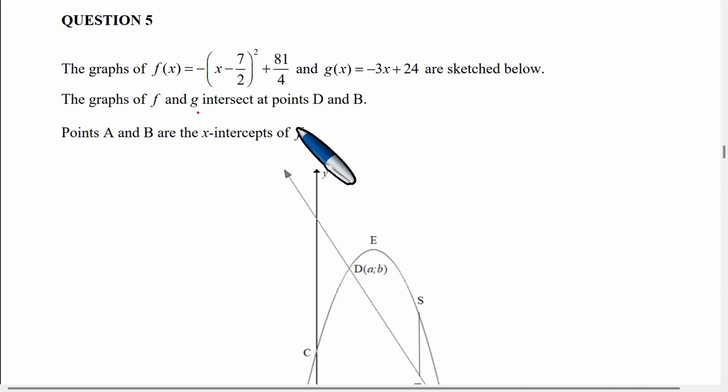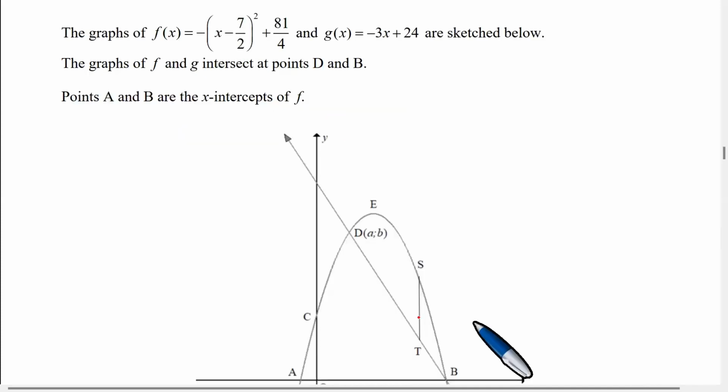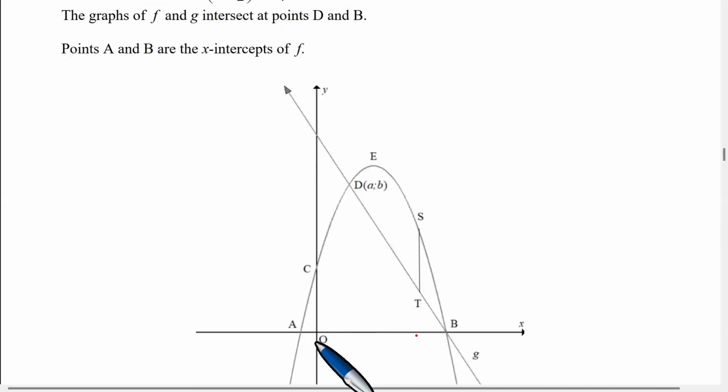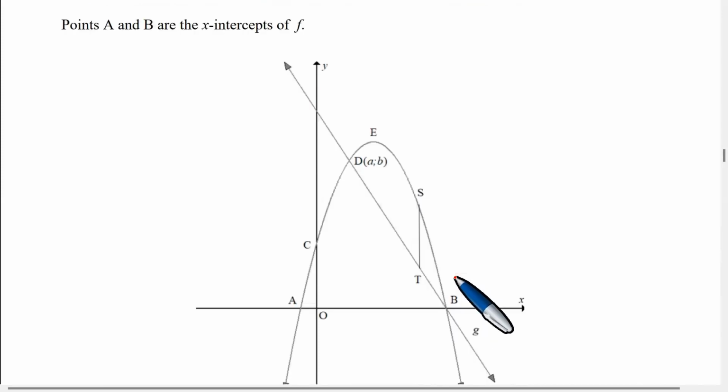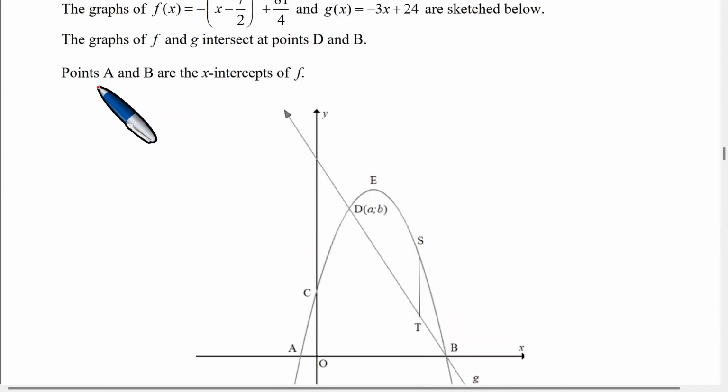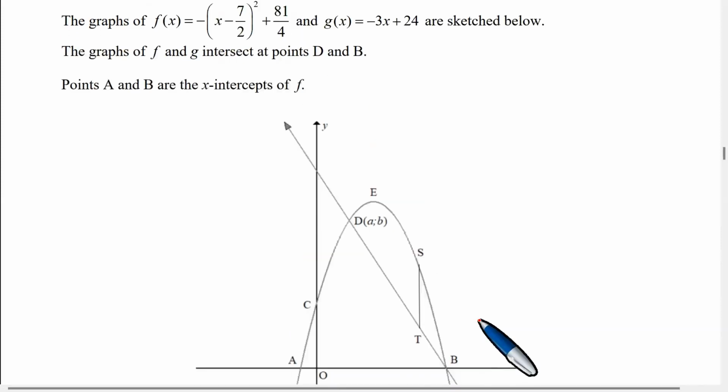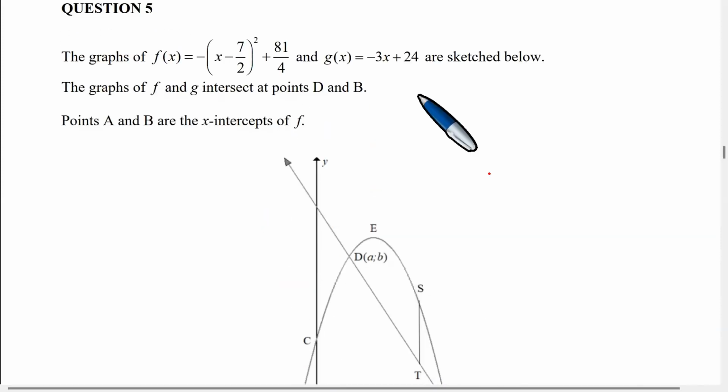Okay, the graphs of F and G are sketched below. These graphs of F and G intersect at the points D and B. Here, D and B, they intersect. Points A and B are the x-intercepts of F. Now if you look at this very carefully, there is a function F,